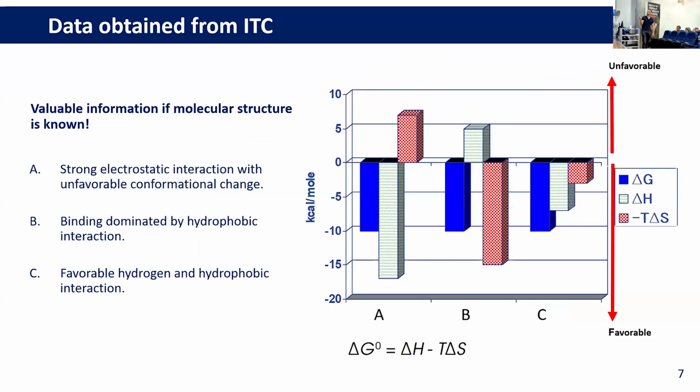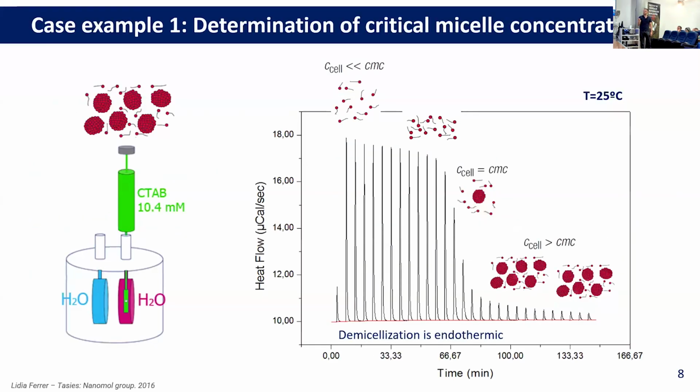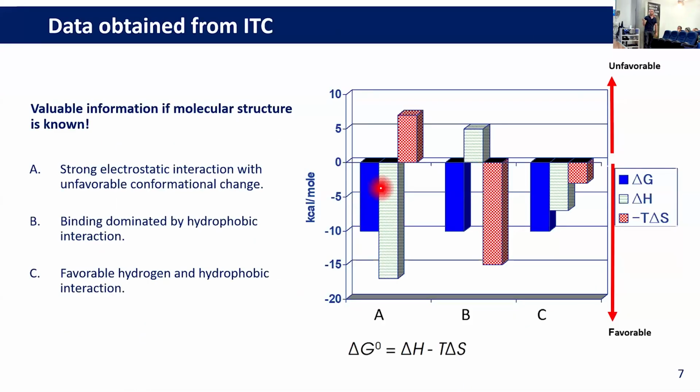Okay. So in here we have 3 different cases that might be happening, case A, B, and C. And there might be 3 different pairs of molecules that are interacting. In all the cases in blue, we see that the binding is happening. We have a spontaneous Gibbs. But in the first case, what we have is a great contribution from the enthalpy, which might indicate strong interaction between both molecules. For example, it might be electrostatic, if we know that the molecules have charge. We need to know our system a bit beforehand.